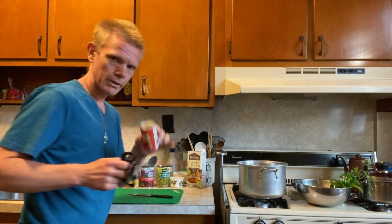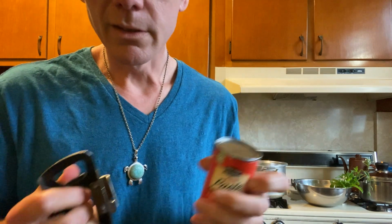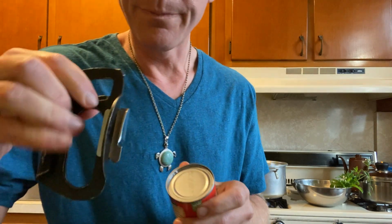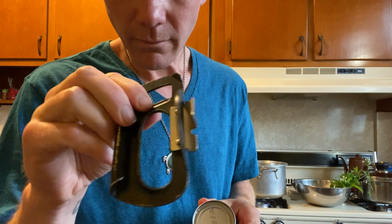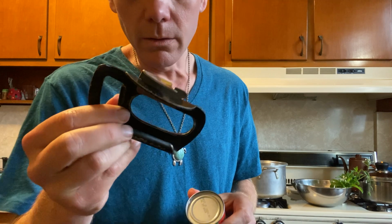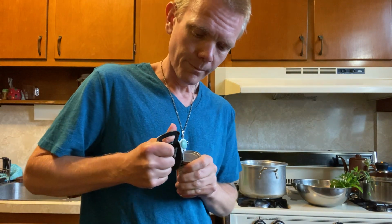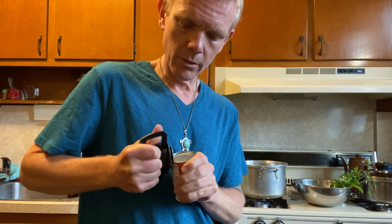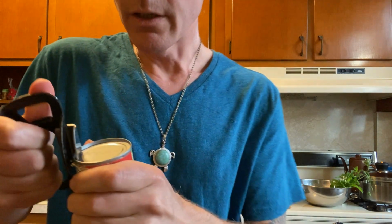So I rinse the top of this tomato paste can. I do like Urban Meadow because they tend to be more affordable than other stuff, and so far I've noticed quality's fine. All right, and then this goes on. This is a Japanese thing. Maybe there are American ones that look the same, I don't know, but the only drawback is it's got to be your right hand. You can't really switch when your hand gets tired if you do a lot of cans. So you just kind of go around,